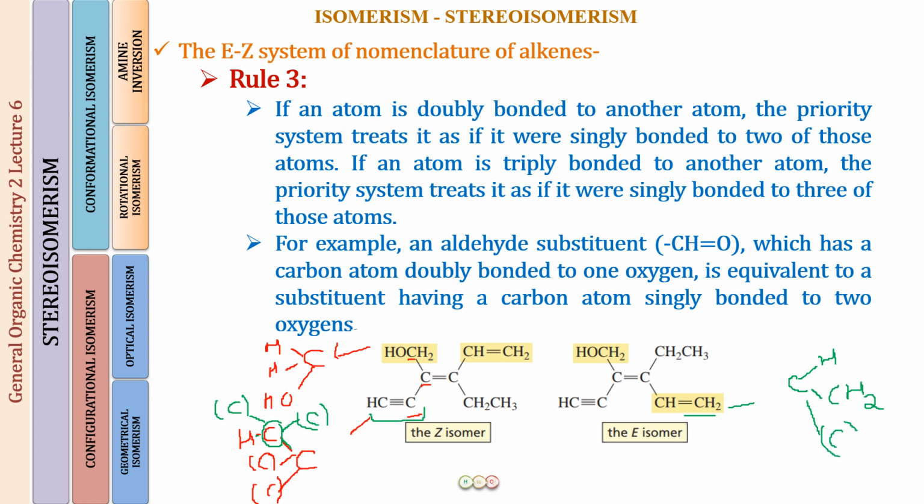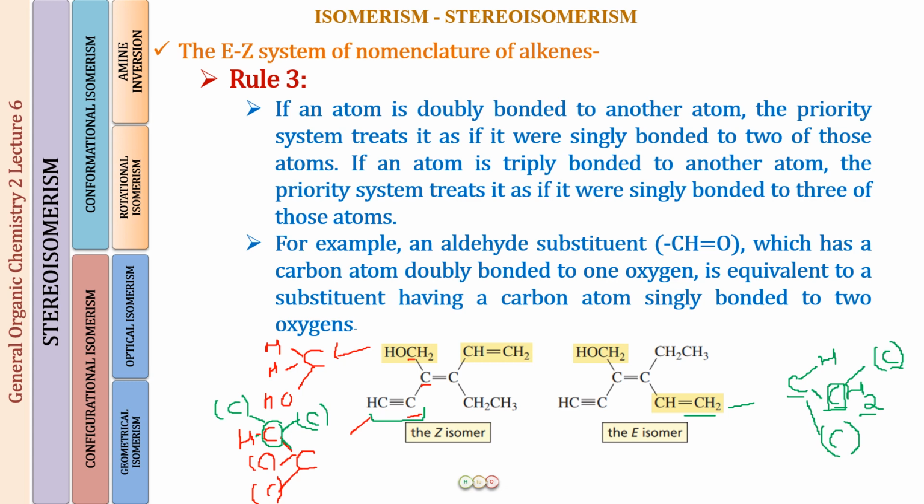Now this carbon was also making a double bond, so I will be making a pseudo carbon for this one also. Now you will see that for this real atom, I am satisfying all its four valencies by one carbon, 2, 3 and 4. Okay, so this is how you will be representing it,